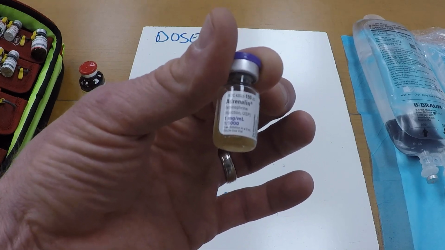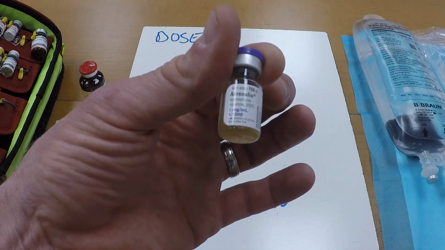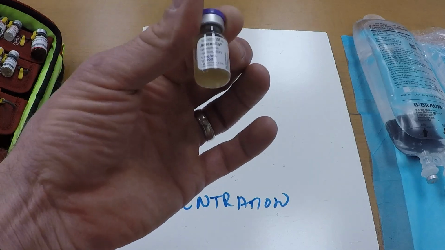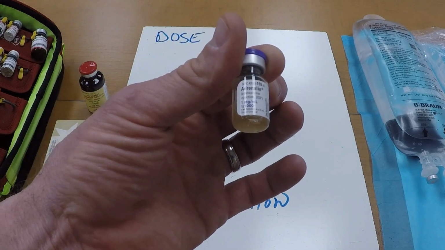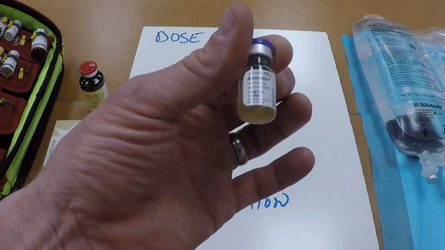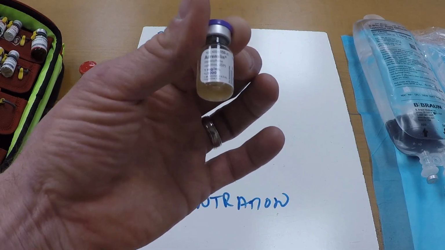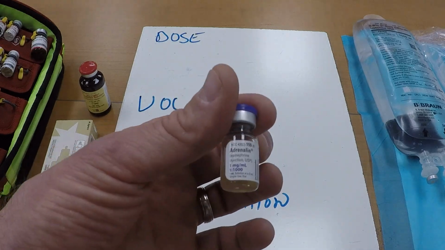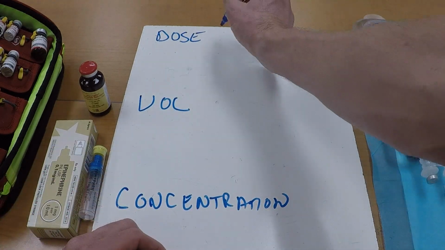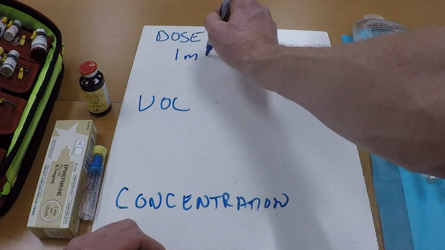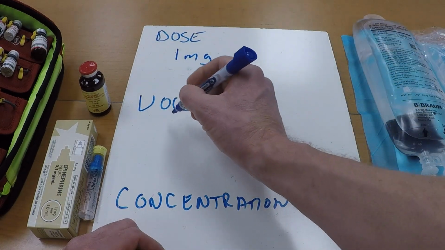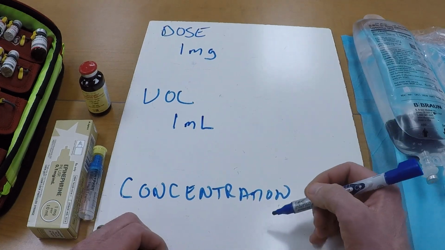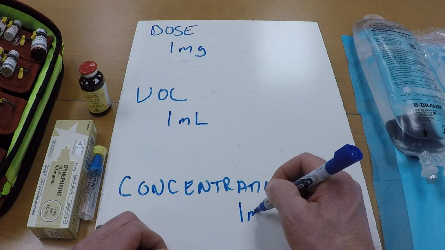What really scares me is when you say epi 1 to 1. I know what that means, and you probably will too. But again, really very important to say milligrams per milliliter after, just for safety practices. So let's talk about 1 milligram. And the volume is 1 milliliter. So what's our concentration is,